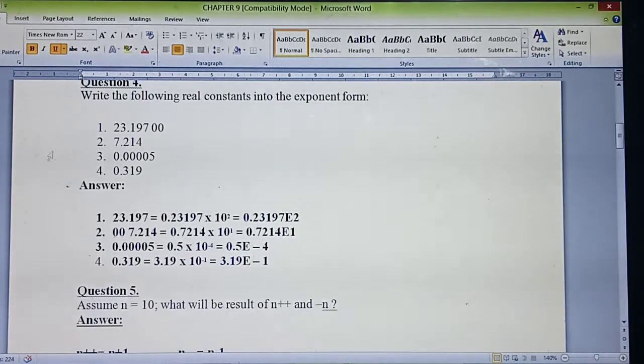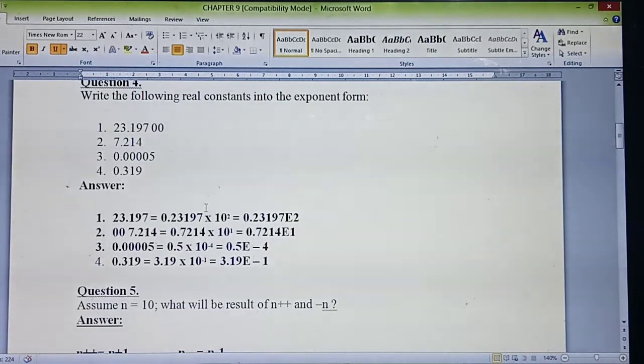Listen. Here, before the point, you need to move these two numbers this side, in front of the point. How many places are you moving to the front side? Then 10 to the power 2. Here how many numbers do you need to move forward? Only one number. Zero, no need to bother. Don't bother about zeros. Here before the number 0, 1, 2, 3, 4, so minus 4. Before 0 there is 1, so minus 1. Understand? 10 to the power minus 4. Here 10 to the power minus 1.